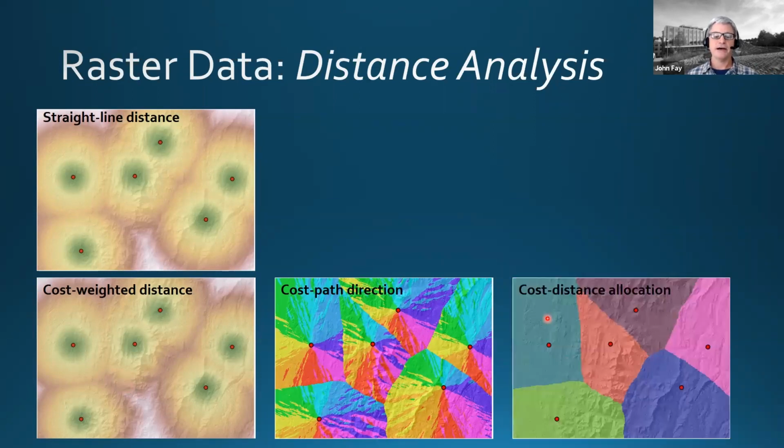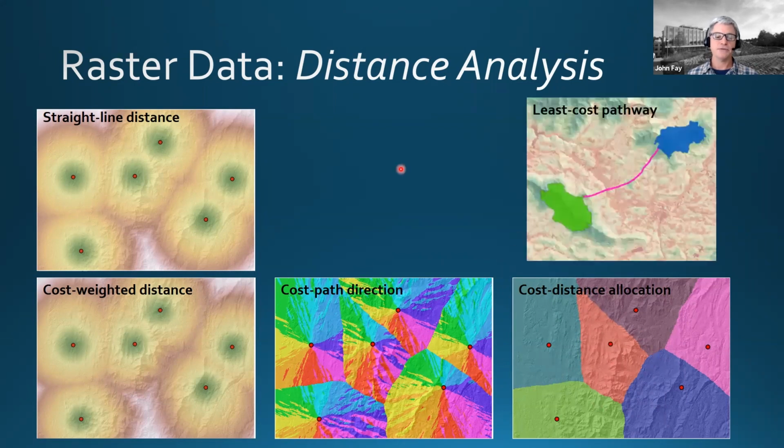And we can identify, okay, given all these centers here, these are the allocation areas, so that if you're in any cell in this sort of peach color here, your closest focal point is this dot here, and so on and so on. And what I use it for, and actually what was involved in that pipeline data set that we looked at, is that it